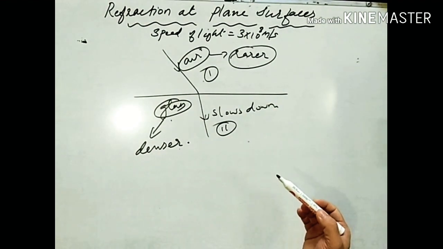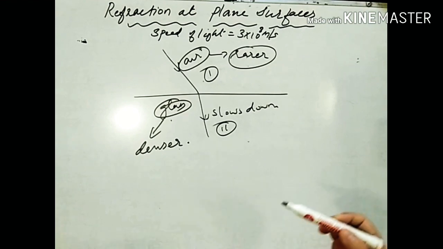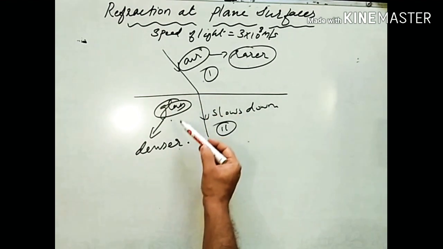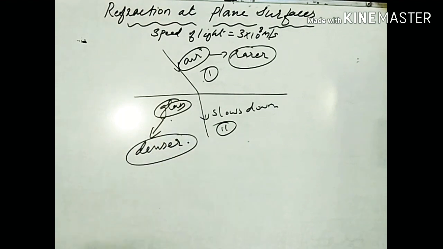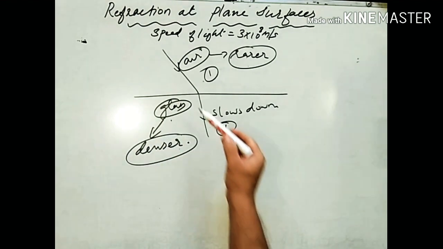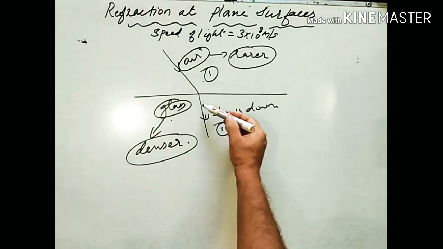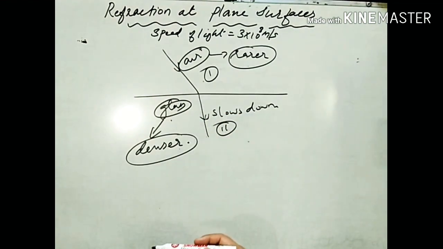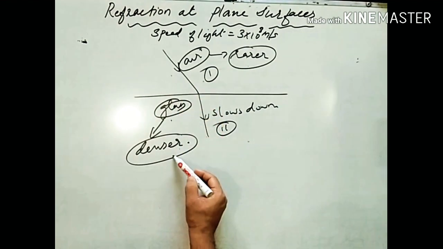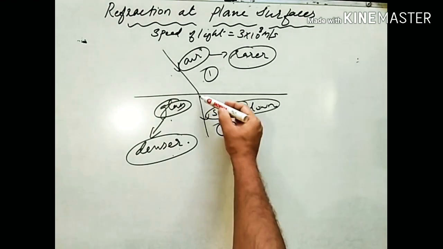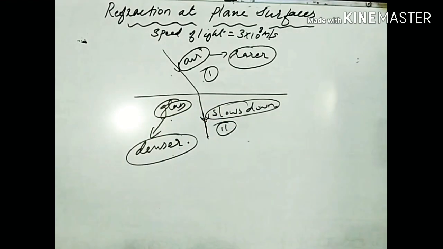So any other medium, if you compare any other mediums like water, glass, glycerin, oil, alcohol, any other transparent medium whose optical density is much more than that of air, we call it an optically denser medium. So when a ray of light travels from one medium to another medium, what happens? Its speed changes. And as a result of change in speed, or better we can say that it slows down. When a ray of light travels from rarer medium to denser medium, it slows down. The speed decreases. Due to the decrease in speed, it changes its direction.